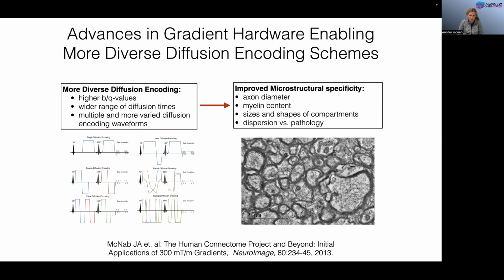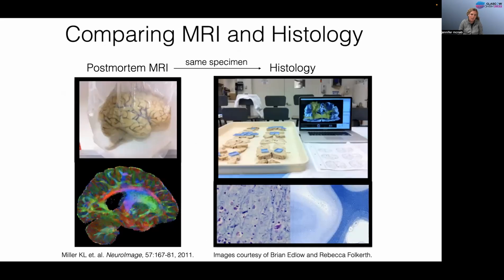Still, we are always relying on indirect measurements in MRI, and therefore multimodal comparisons are essential to evaluate whether we have successfully achieved the specific sensitivity to tissue features that we are aiming for. One approach to evaluating MRI microstructure maps is to perform MRI scans on postmortem tissue and then subsequently histology in